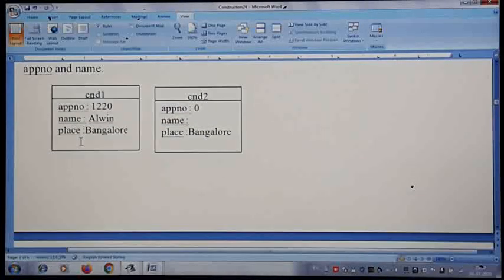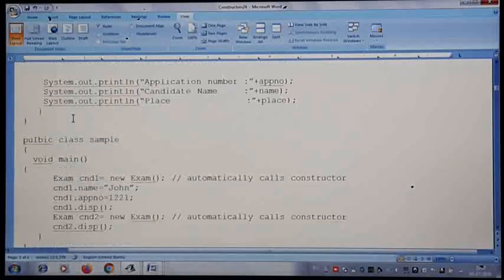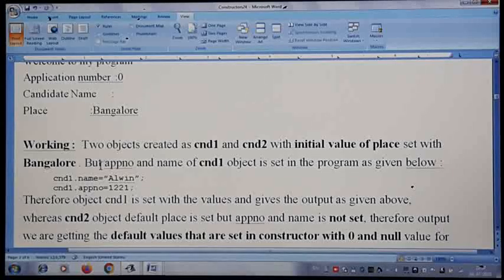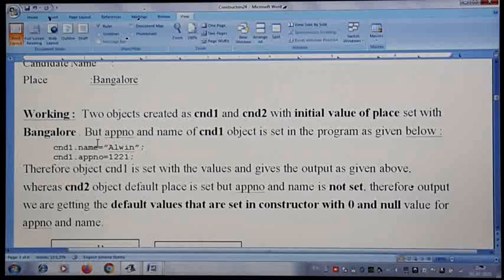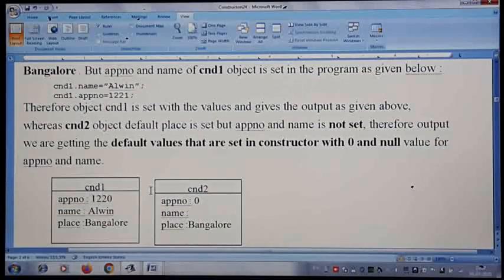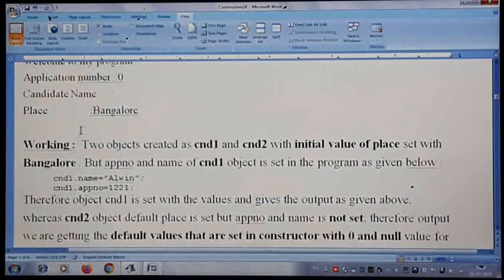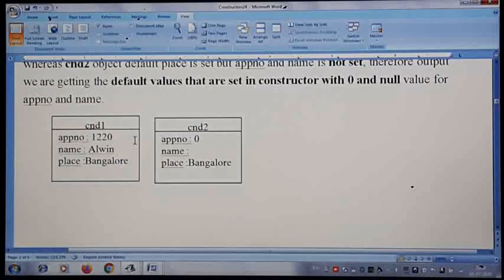And here the previous one what I explained, the same explanation I have given you here, because when you are writing notes, you will be writing all these things as a reference when you are going through this example. Whatever I explained, the information I have typed. So two objects are created with these values. So when you write the set command, the application number will be set for that object, and this is how we are going to get the output. So this is just an explanation. Whatever I explained, the same thing I have written in notes here.